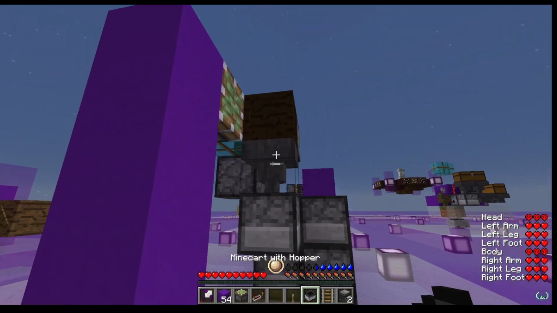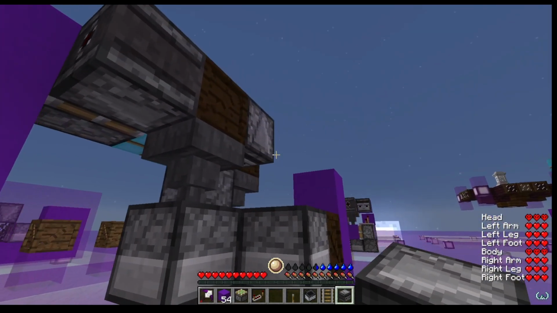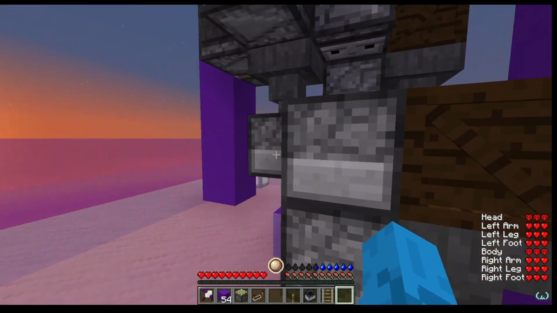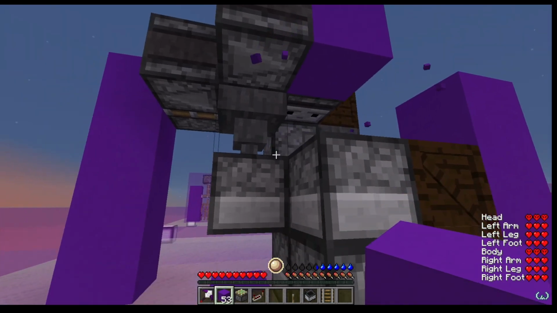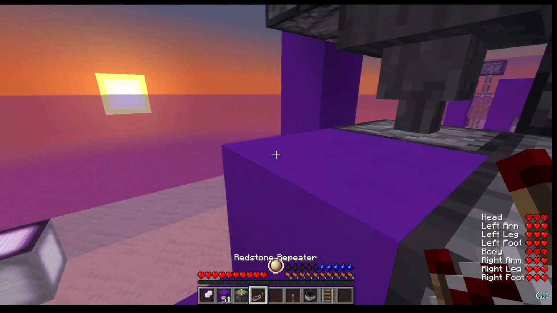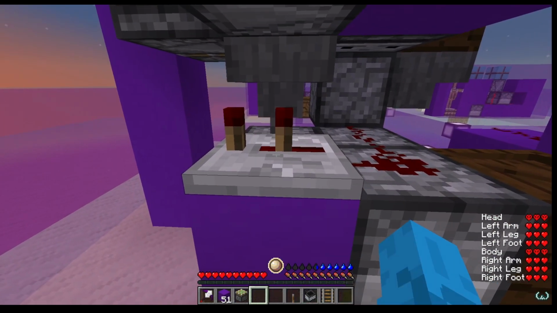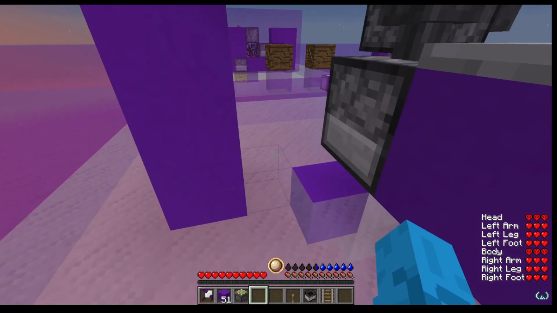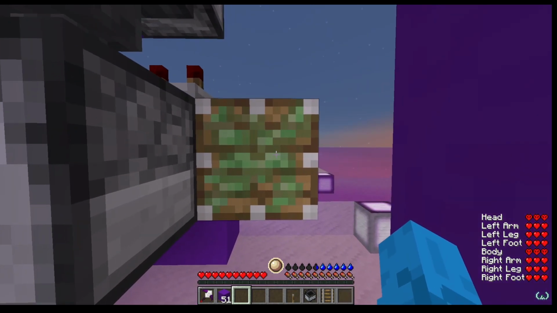Now we can come down, place one of our observers right here facing this way, and the other observer right here facing this way. Now we can place a block at the end of that observer, and a block right here that we will put our repeater on, and set it to 2 ticks by right-clicking once. It should look exactly like this, and that's very important. Just right-click once. Now place your last sticky piston at the end of that,